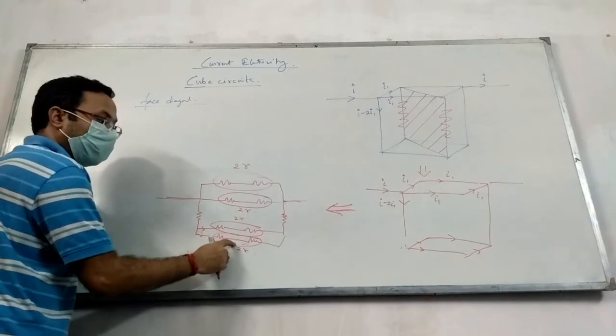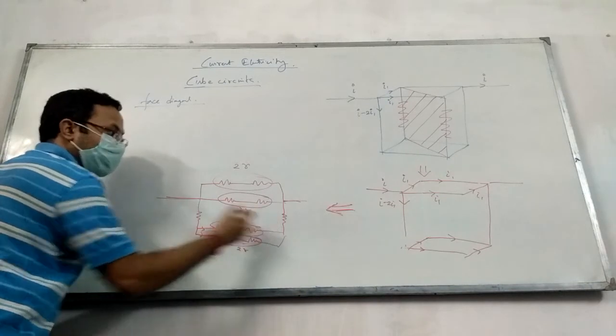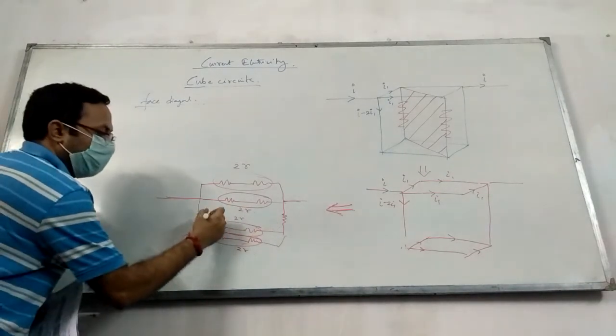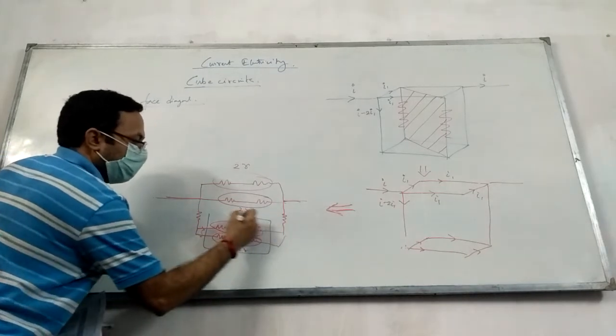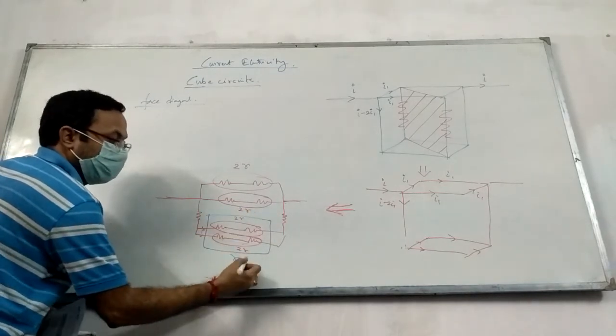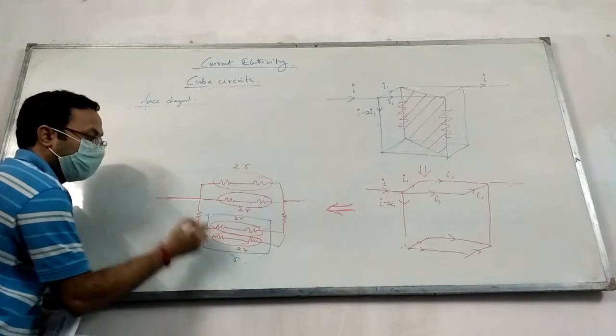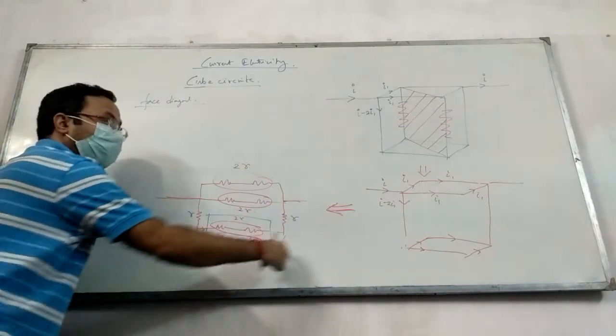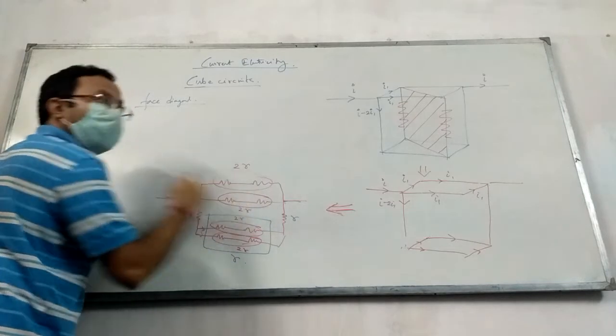So you know 2r and 2r in parallel means equivalent is how much? Okay, so this equivalent is r, right? তাহলে এটার সঙ্গে এই আরটা আর এই আরটা তাহলে টোটালে কত হলো আর উপরে 2r 2r তাই তো